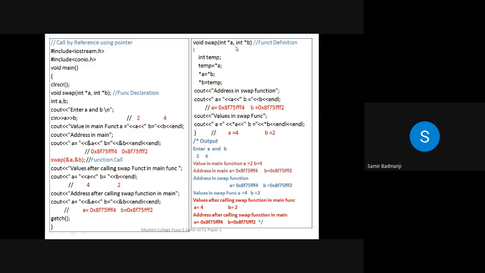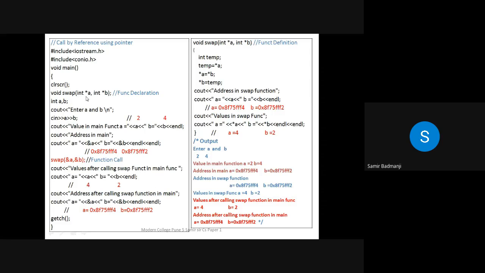Now, star a means what? It is a pointer variable. So we are defining two variables, a and b. And whatever is there in the function definition, the same thing we have to write in the function declaration. Only you have to give a comma over here. In the function definition, there is no comma. So this is a component in which you do some processing of that function. So we have declared a variable here.